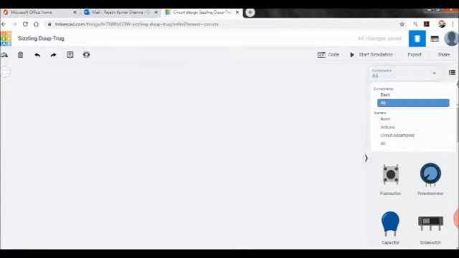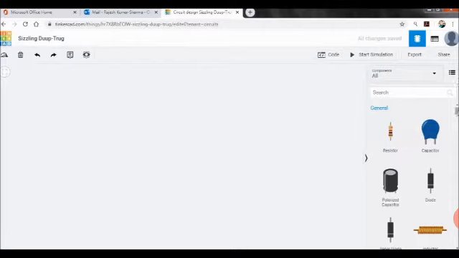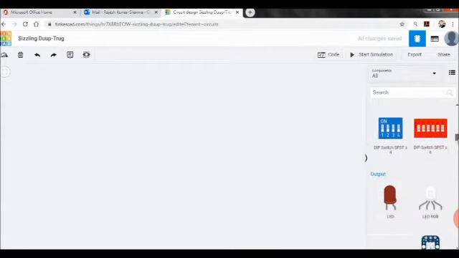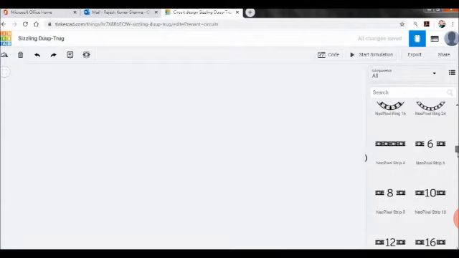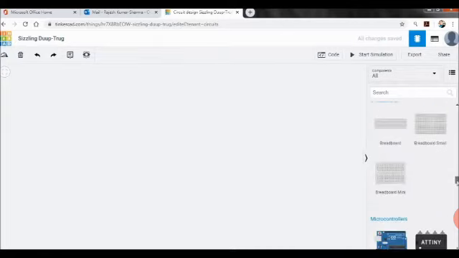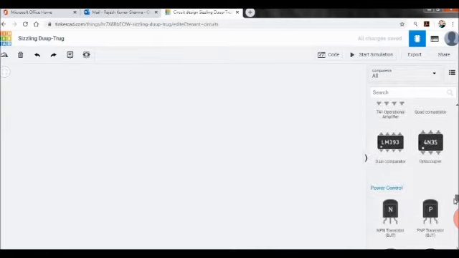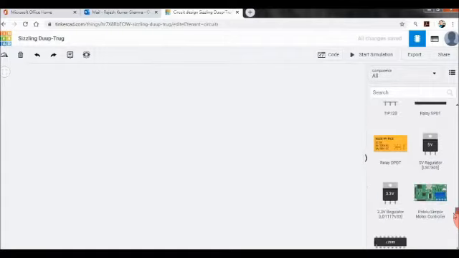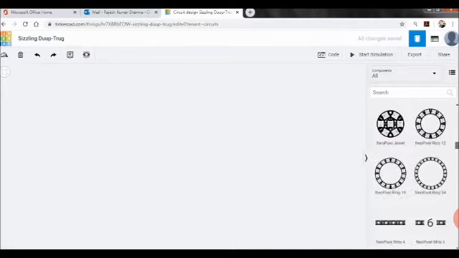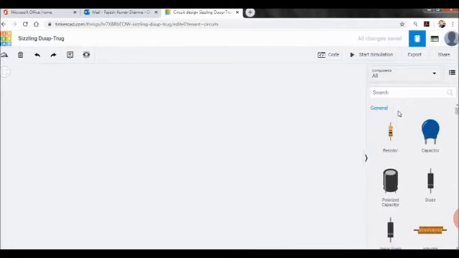So just select All, and you can see the different components, these are the electronic components, whether it is sensors, Arduino, LEDs, motors, battery, breadboard, ICs of different types, transistor, resistor. So all things are here, and if you cannot get the components from the market,